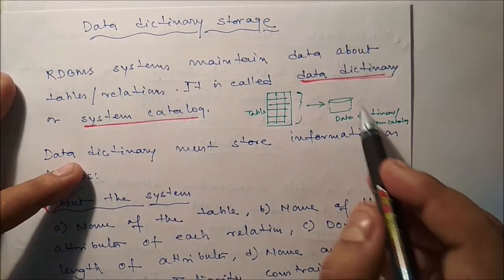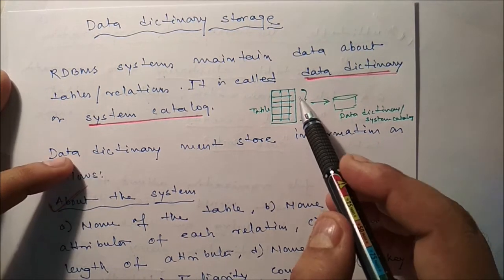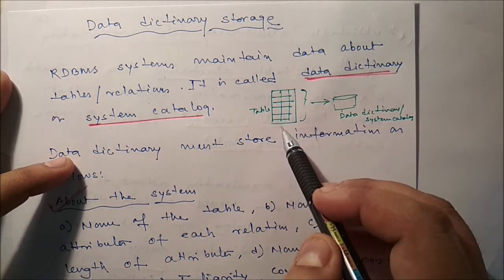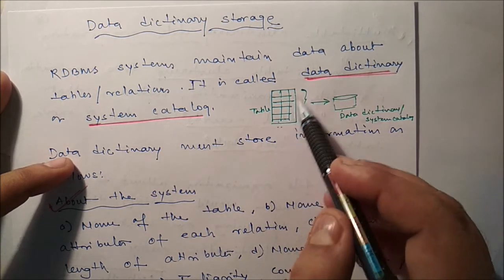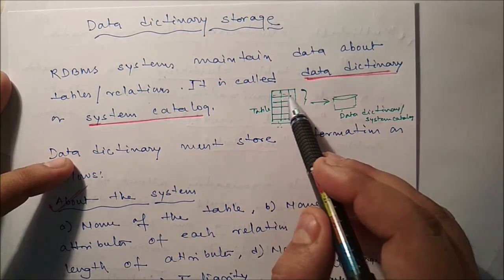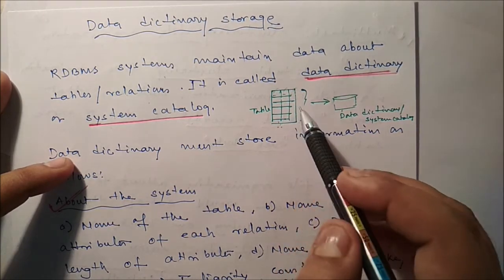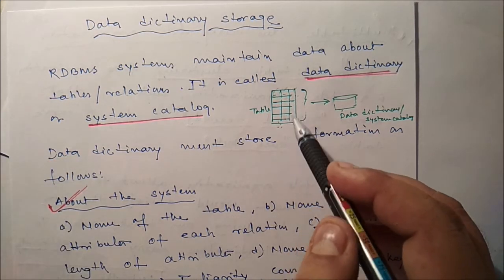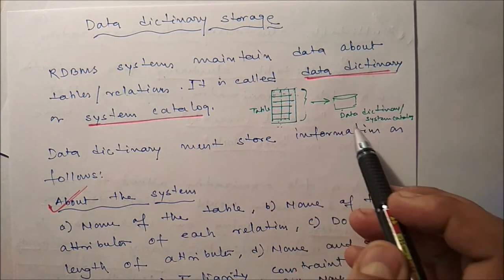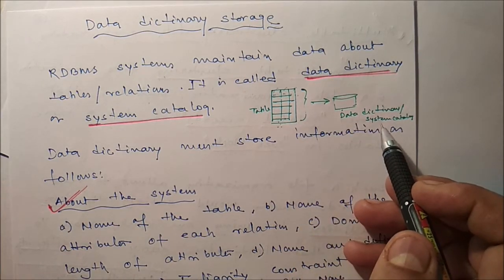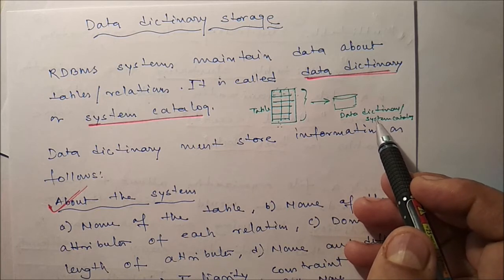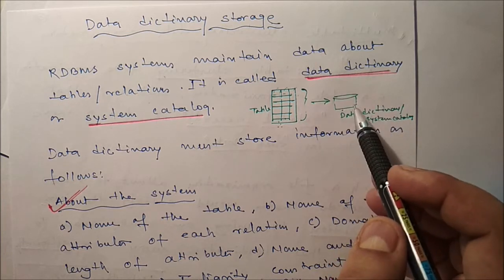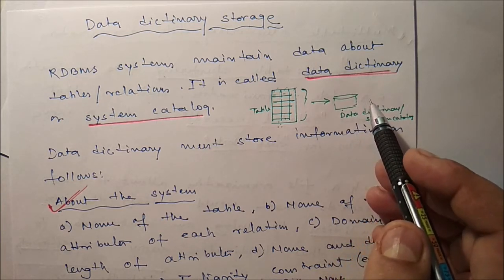Are you getting it? In this particular database we store information about the table, not the exact data present in the table, but the information about the data: the attribute information, size of the attributes, constraints of the attributes, how many records are there, the size of each record. All this information is stored in the data dictionary or system catalog. Query processing and optimizer techniques use this concept for cost calculation.